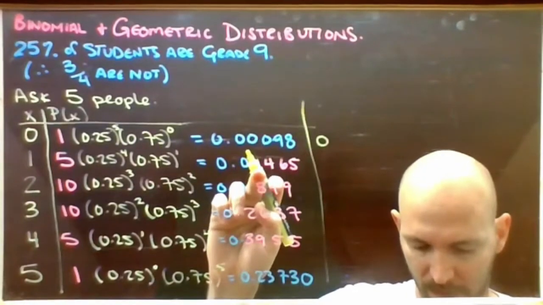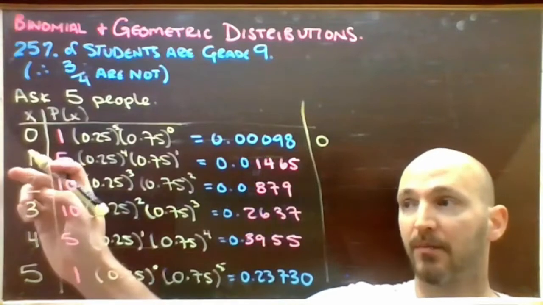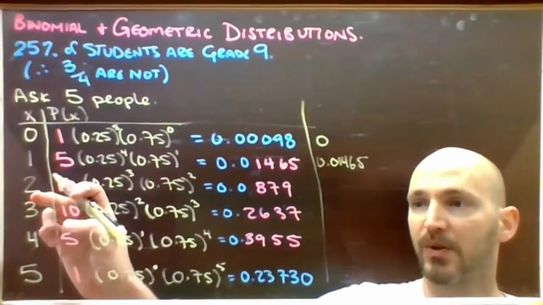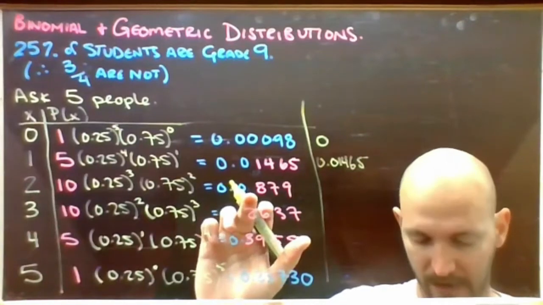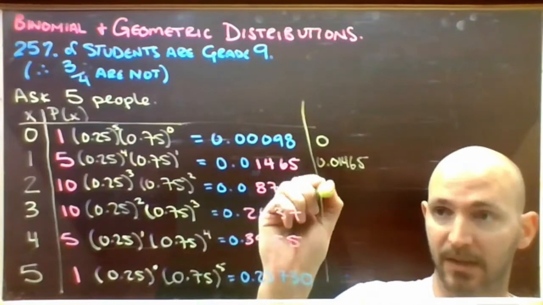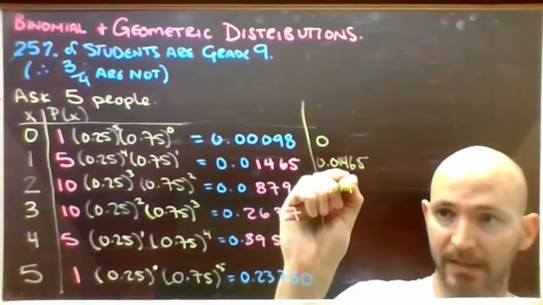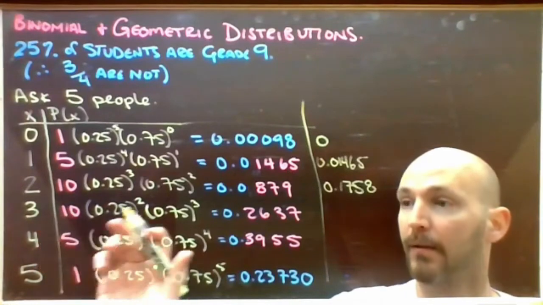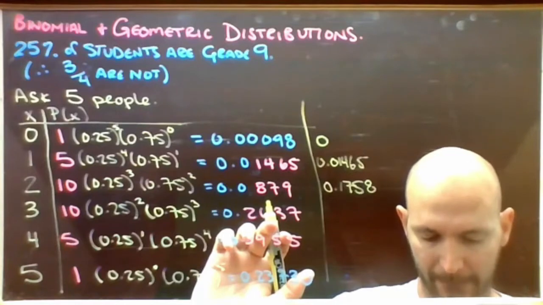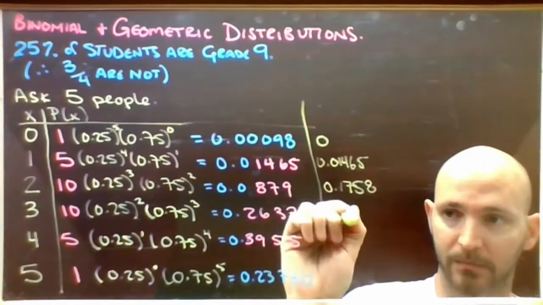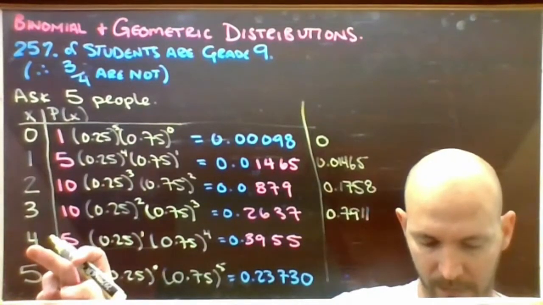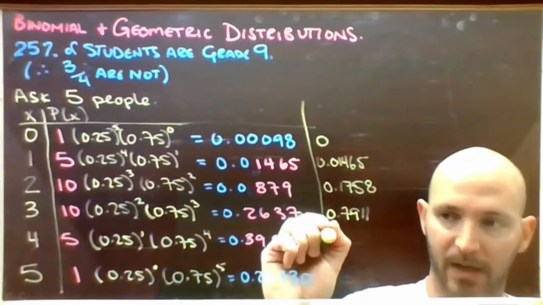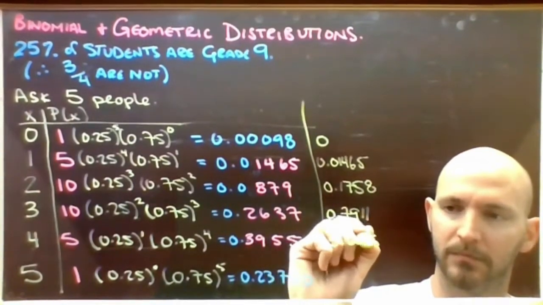A 0.01465 multiplied by 1 gives me 0.01465. 2 multiplied by this would be 2 times 0.0879 gives me 0.1758. 3 times 0.2637 gives me 0.7911. 4 times 0.3955 gives me 3.6045. And 5